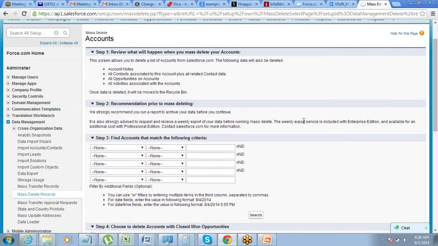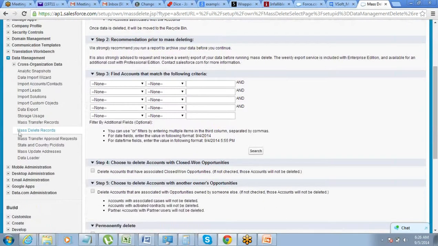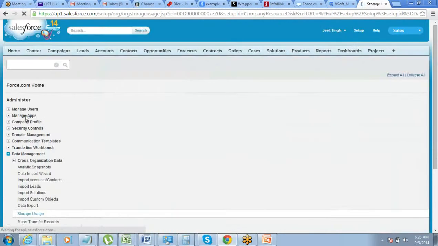Since we are talking about data management, the other thing that we have to deal with is the storage usage. How much storage was allowed by Salesforce, how much of that you have utilized, what percentage is available, that is the storage usage, right? So you just have to go to setup, data management, and then click on storage usage.